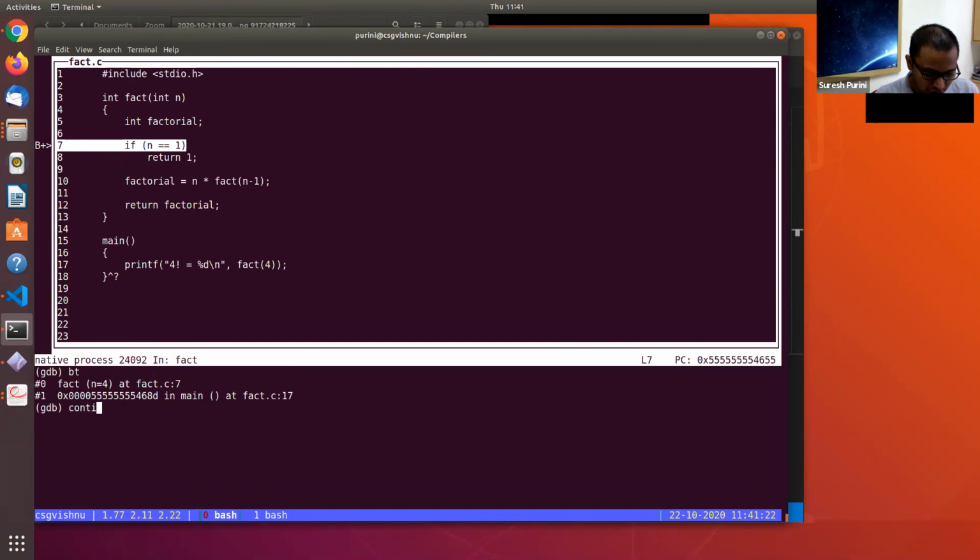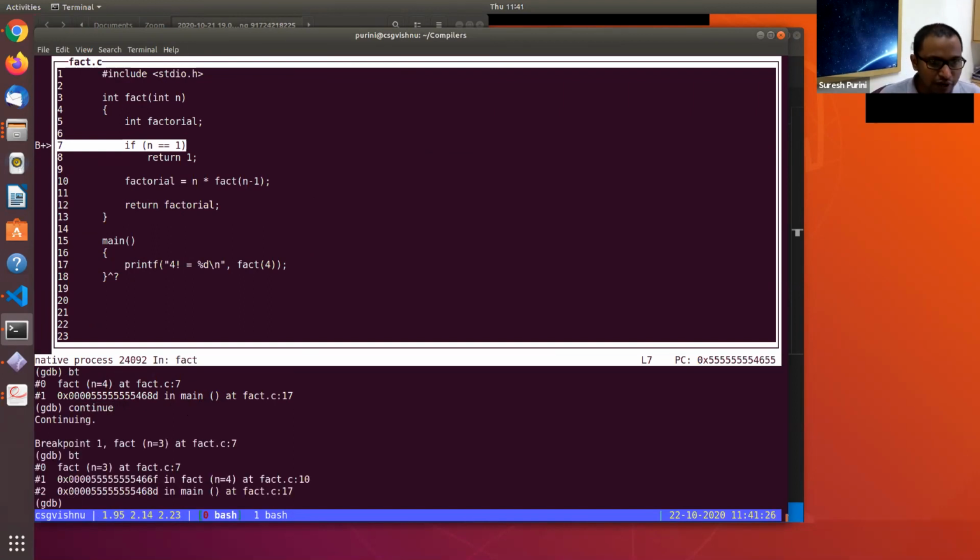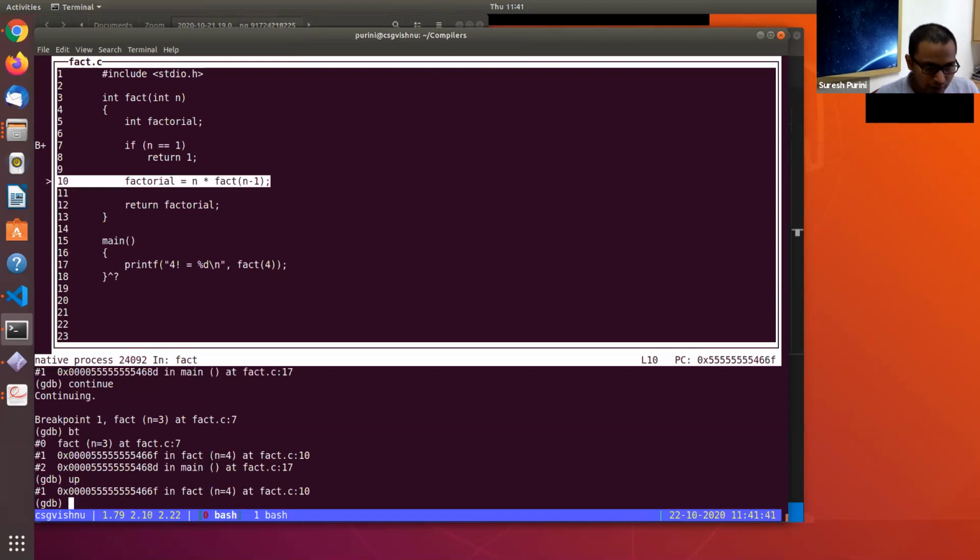Now if we continue and do a backtrace, you can see main is calling fact with n equal to 4, and fact is calling fact again with n equal to 3. If you go up, you enter the activation record associated with fact with the parameter n equal to 4.